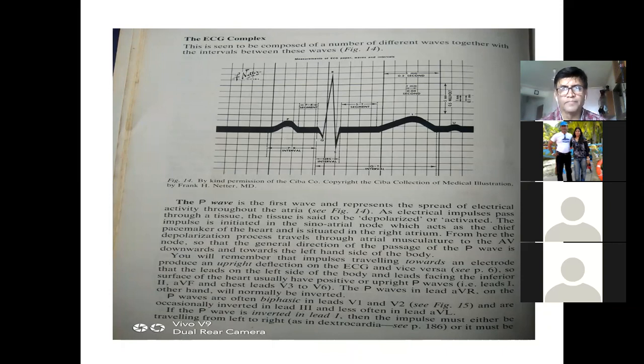Widening of the P wave is a delay in the conduction in the atriums, and widening of the QRS is due to either right bundle branch block or left bundle branch block. The take-home message in today's session is: all P-related activity is related to the atriums, and all QRS-related activity is related to the ventricle.